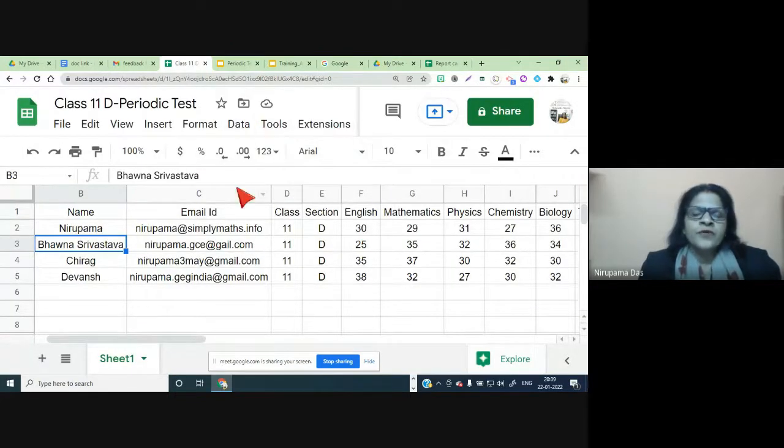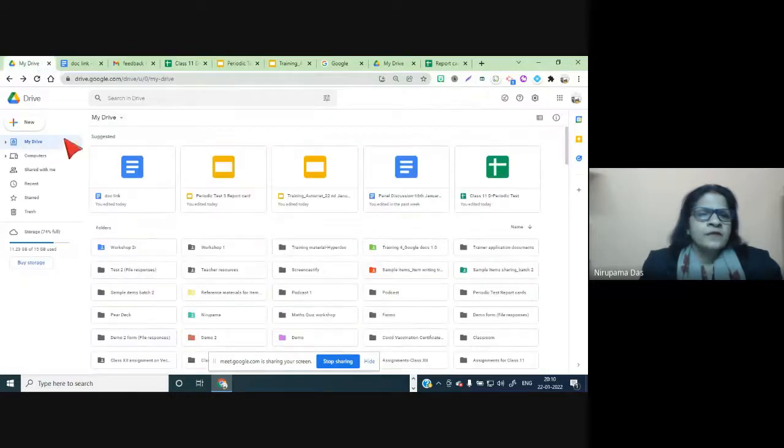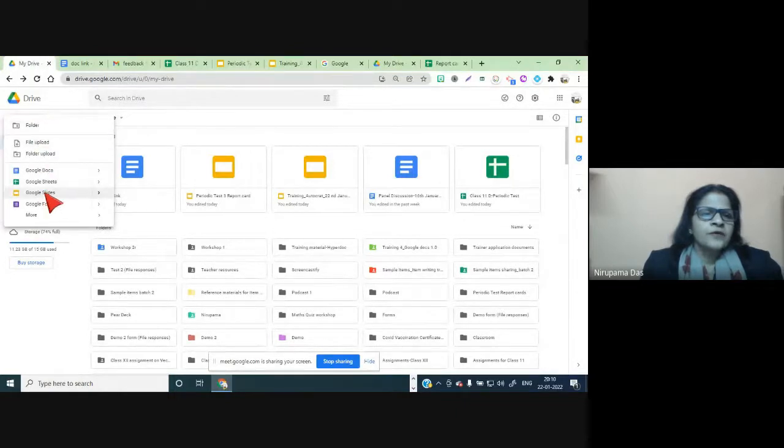Next we have to prepare a sample report card. For that, we will be using Google Slides. So going to Google Slides, just let me go to Drive. So how to go for Slides? Plus, new Google Slides.